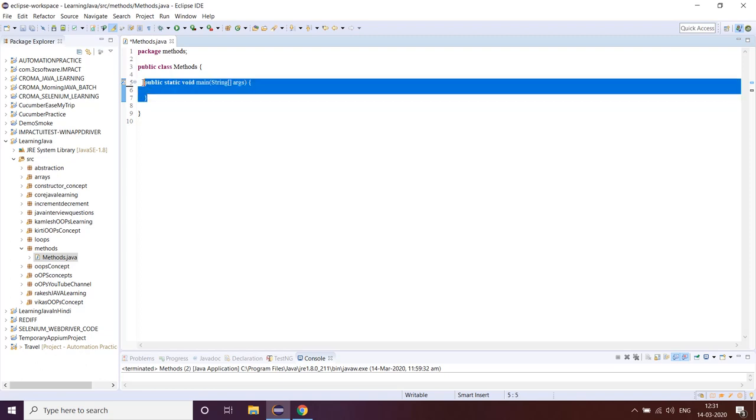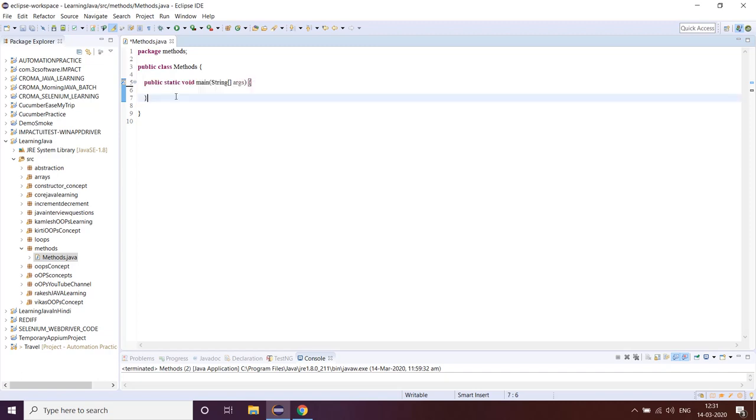If you remember my videos both in Hindi and English, I have clearly mentioned about a main method, but today we will be working mostly with other methods, and we will try to use the main method to pull them in. So now before we start, let's understand what exactly is a method. So the bookish definition says